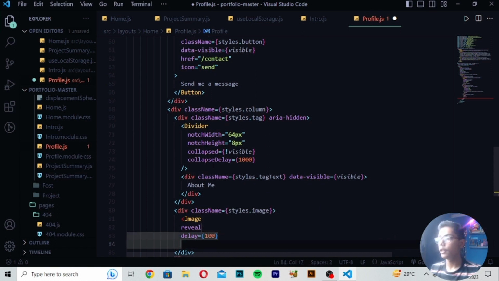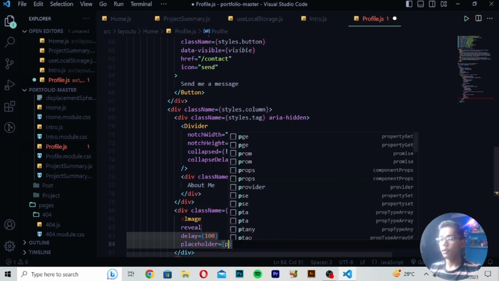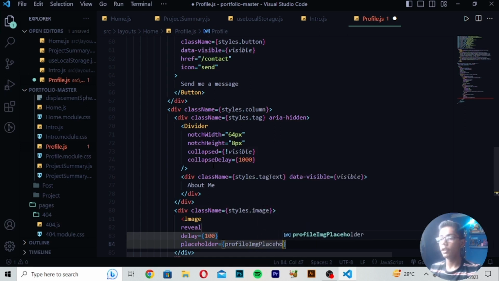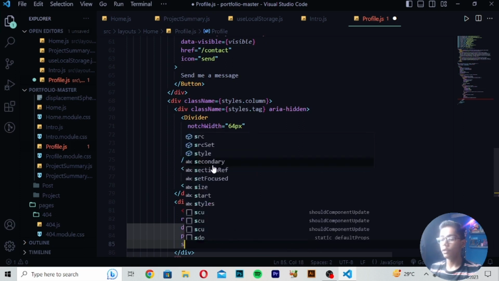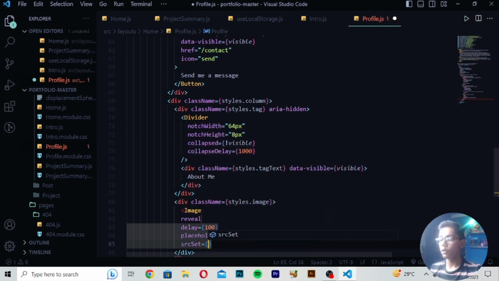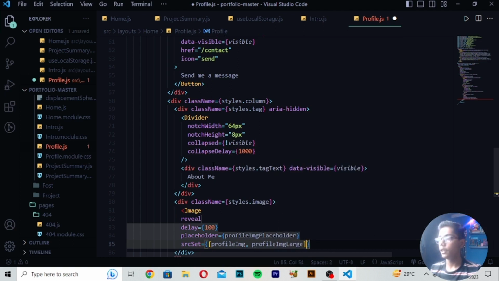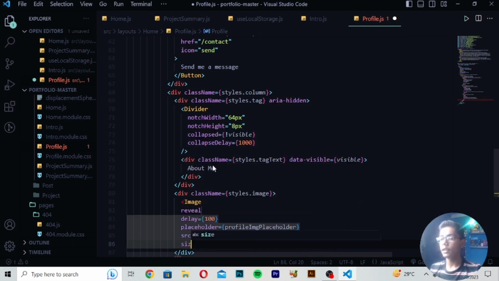So when you've written the 100 value, here you have to write placeholder, and in placeholder you have to now write here profile, and in profile you have to now write here image placeholder like this, and then you have to just now write here source set is equals to, then you have to now write here profile image, so here I will be now writing profile image comma, write here profile image large like this, then you have to just move down after this tag, write here sizes is equals to, then you have to now make this tag, write this tag here, then you have to now make this tag, write here max width, and in max width I will be